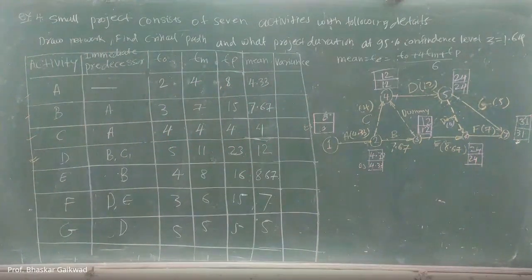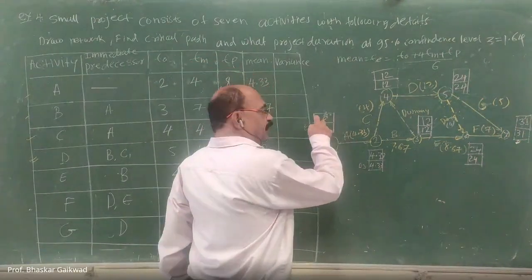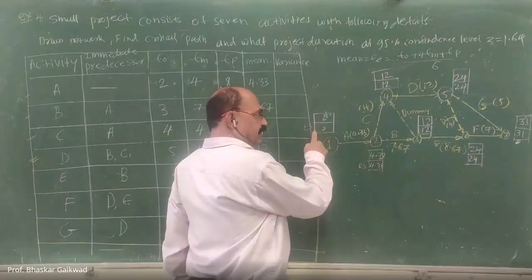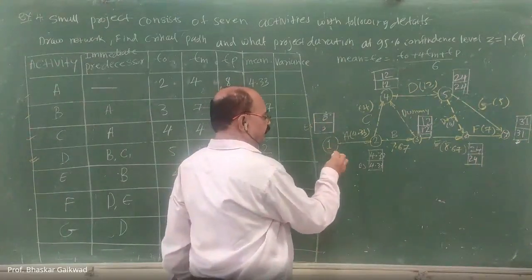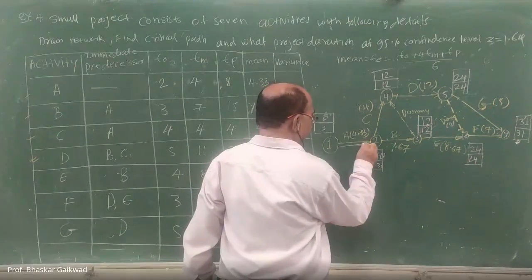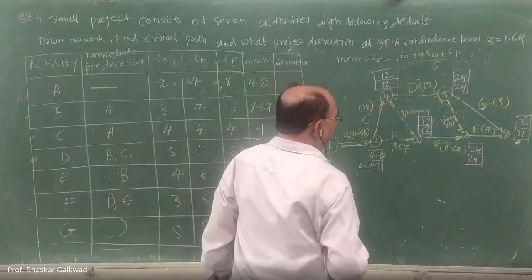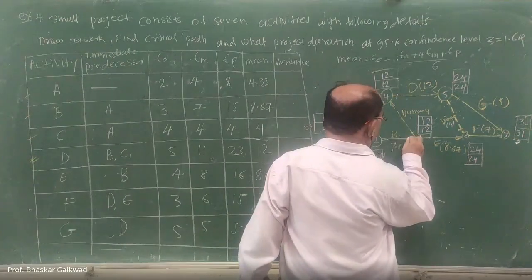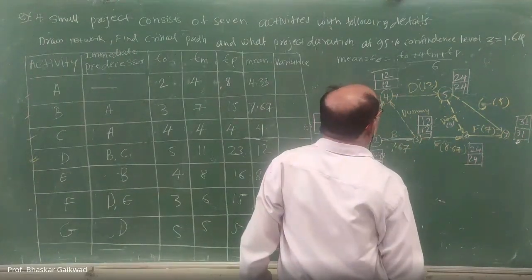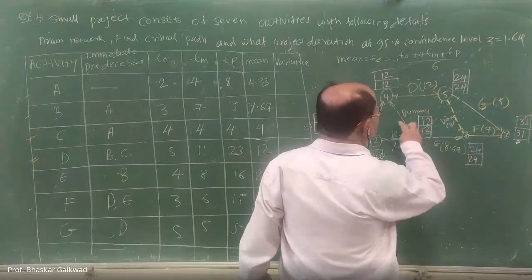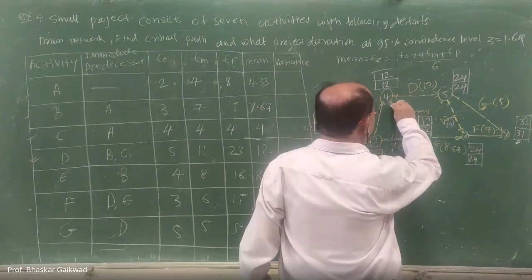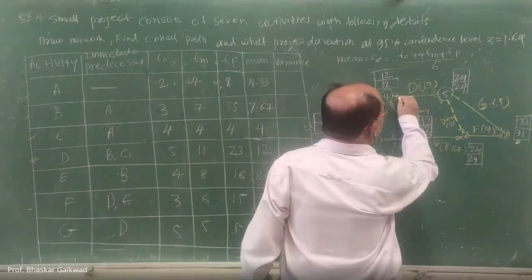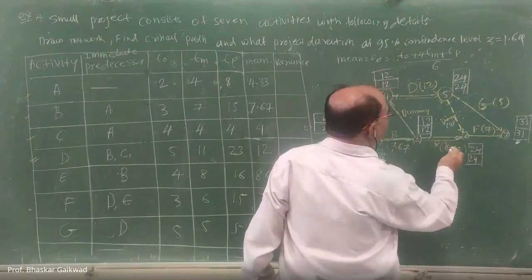Okay. And from this, now you can justify which is the critical activity. Whenever the latest completion time and earliest time are both equal, that activity you have to consider. So this is 1. Correct. After that, this is the second. This is also there. This is also there. This is also there.